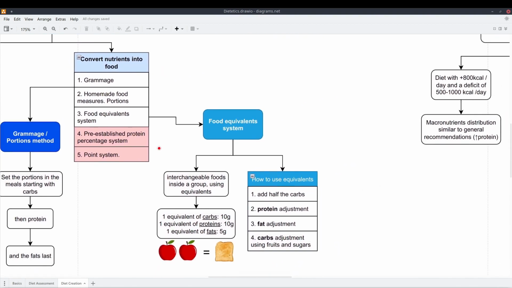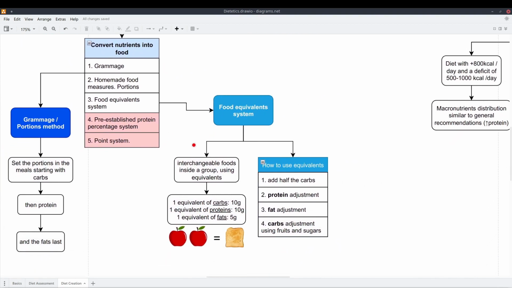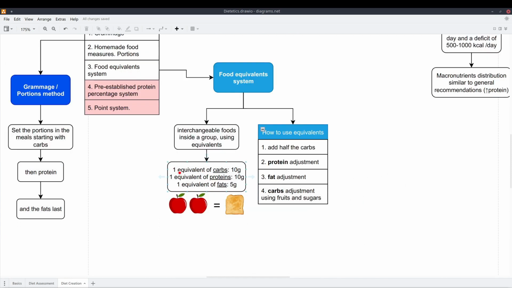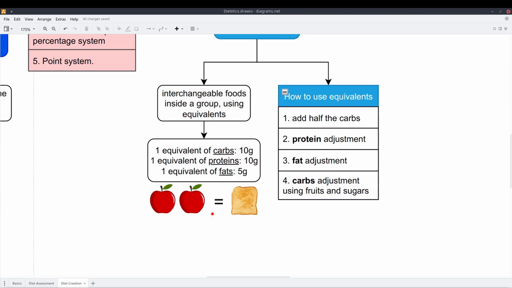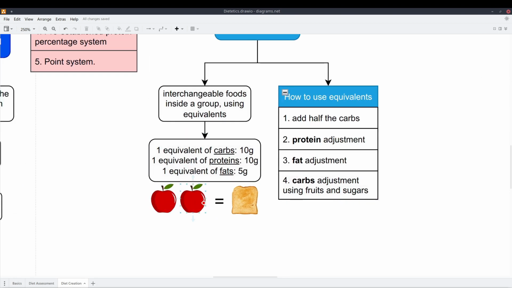On the other hand, we have the food equivalence system. These are basically interchangeable foods inside a group using the equivalents. One equivalent of carbs is 10 grams of carbs. One equivalent of proteins is 10 grams as well. And one equivalent of fats is 5 grams. To better understand this, I put here 2 apples equals 1 bread. Why is that? Because let's say that these two equal 10 grams of